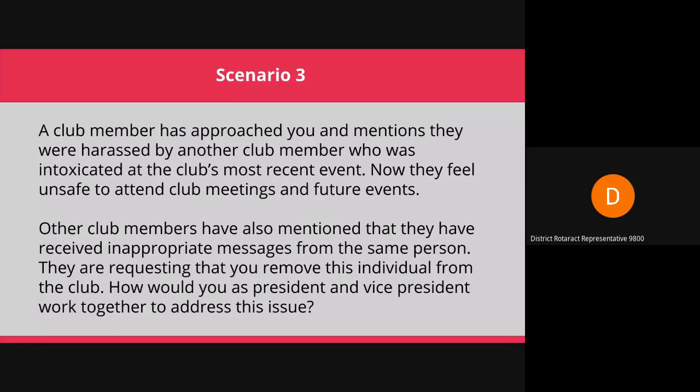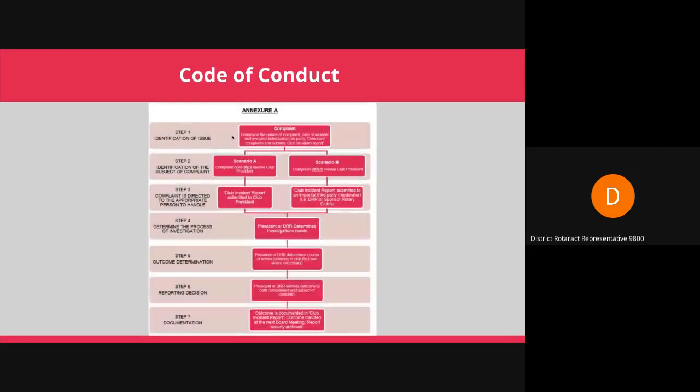So my Rotaract club is in the process of updating our club bylaws, and we've just put in a 6-page code of conduct. That outlines all the club behaviours which will be tolerated and will not be tolerated by the club. So we've actually incorporated a flowchart which explains how complaints will be handled. Depending on whether the complaint is against the general member or if it's against the president, there's a flowchart